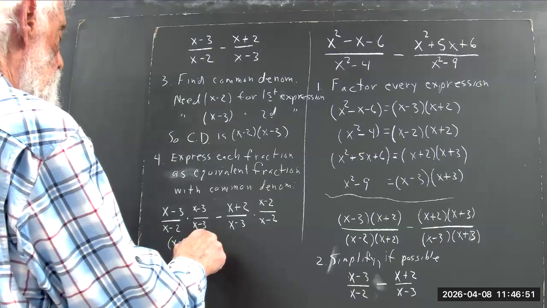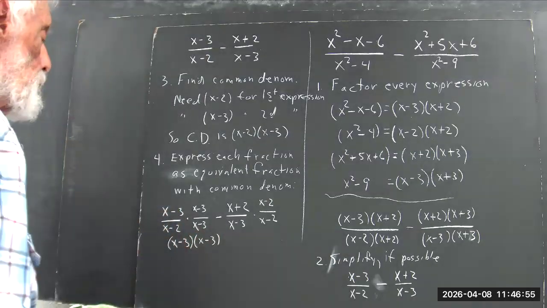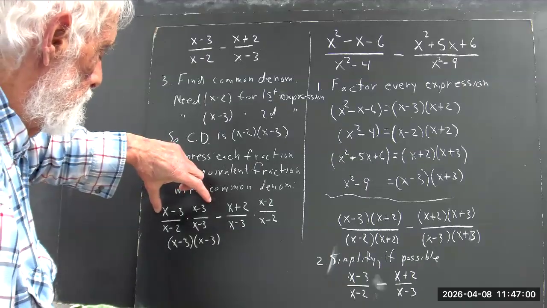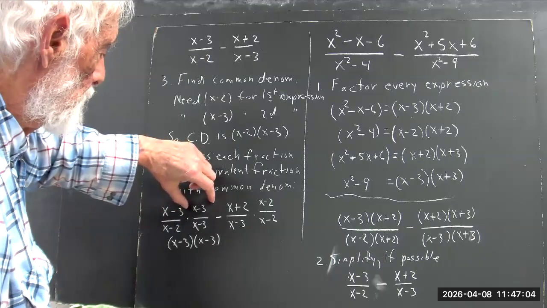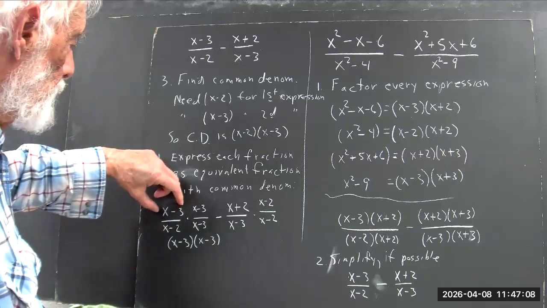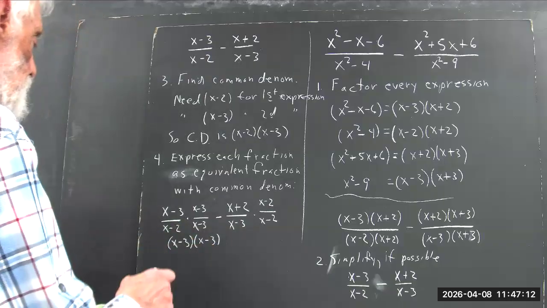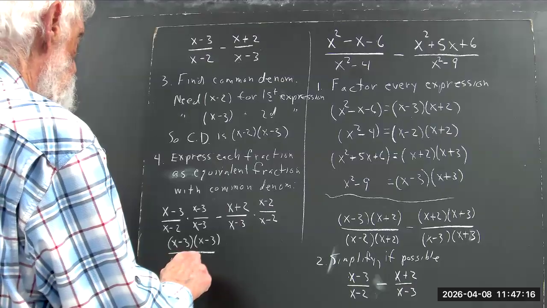Let's just go ahead and write it all out. We multiply the numerators of the first term. Okay, we have (x - 3)/(x - 2) times (x - 3)/(x - 3). The numerators are x - 3 and x - 3, so multiply x - 3 by x - 3. And then we divide by x - 2